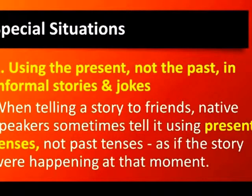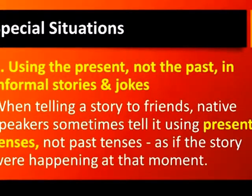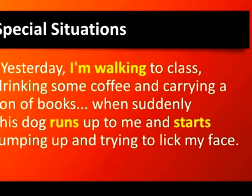Finally, let's look at a couple of special situations regarding the simple present and present continuous. One is using the present and not the past in informal stories and jokes. When telling a story to friends, native speakers sometimes tell it using present tenses, not past tenses, as if the story were happening at that moment. For example,